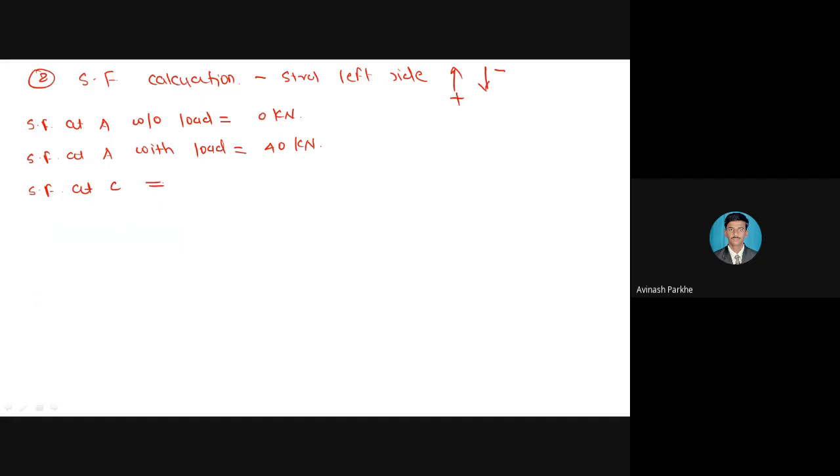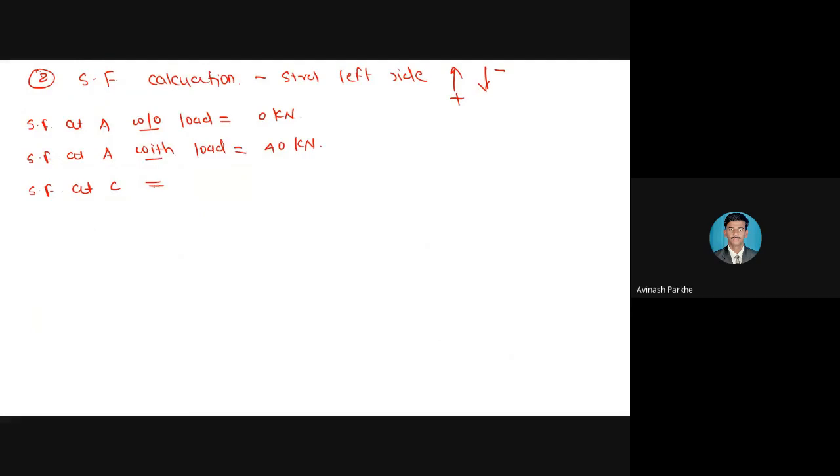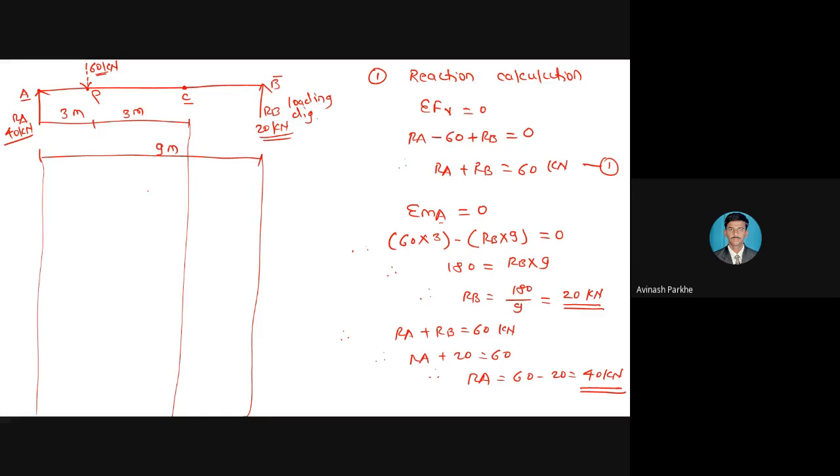Directly I have written. Wherever the point loads and UDLs are there, I am using the two words without load and with load. But in the original loading diagram at point C, there is no point load applied. This point is totally free. Therefore, I only have to write down the statement shear force at point C. Now, please tell me how many loads are present to the left side of this particular point C. How many forces are present to the left side of the point C? Two forces are present. Which are those? One reaction RA, which is moving in the upward direction, and another is the 60 kilonewton force.